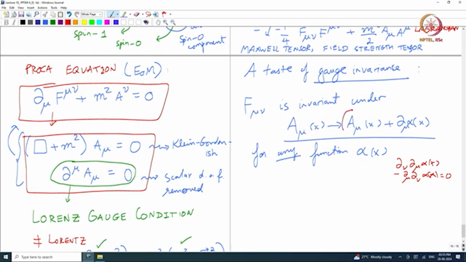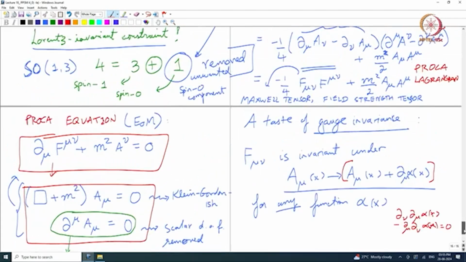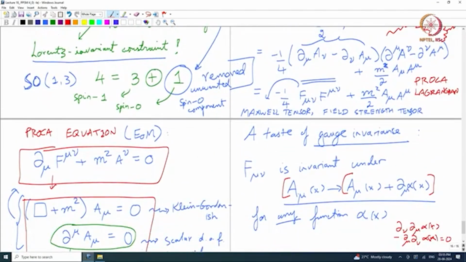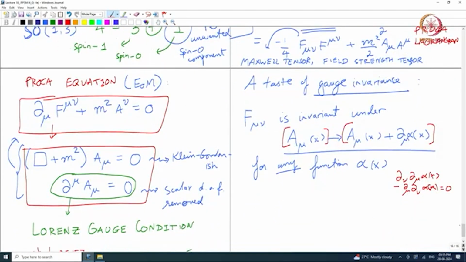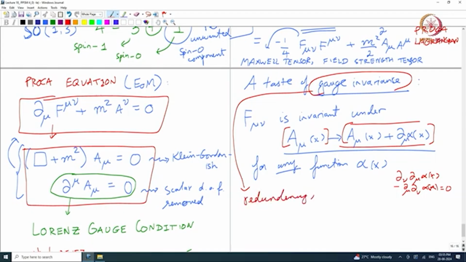If I had used this as the field in the Lagrangian and not just A mu, I could still have embedded all the 3 degrees of freedom into this 4 vector. This is what I would now call a 4 vector, right. So, gauge invariance is basically a redundancy in description